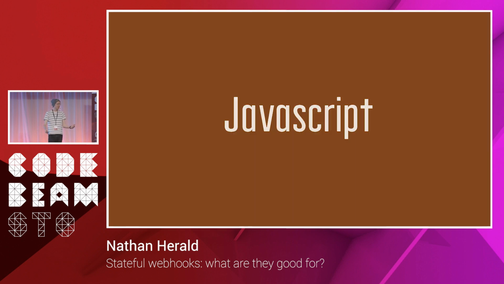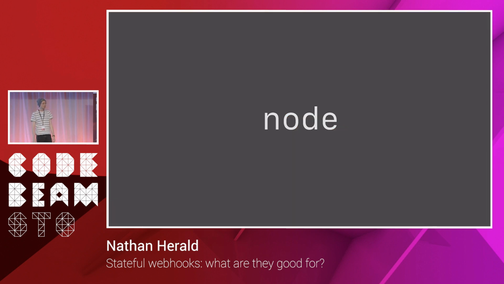Anytime there's user-supplied code, it's JavaScript, which means we have to run Node, which means in Erlang or Elixir, you do a port. A port is an amazing thing that is not what it sounds like. It's not like port 8000. It's something else that someone in Erlang invented, I guess, and I've never seen anything like it.